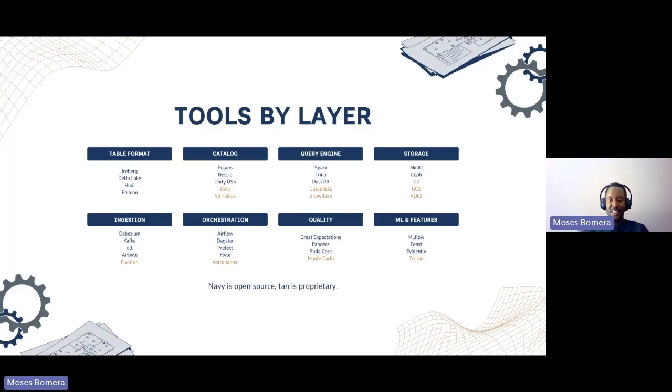Then you want to ensure that there is validation and quality. As you saw in the bronze layer, you don't care so much that data came twice or it's duplicated. But as you move towards the decisions, the predictions that you're trying to make, these things start to matter. So you need to guarantee that there is some quality assurance at the different layers, and there are a few tools that can be used there, just like you can build some custom logic for that. And for this particular setup, the example was in machine learning, you would also need a tool that manages the features that machine learning uses.